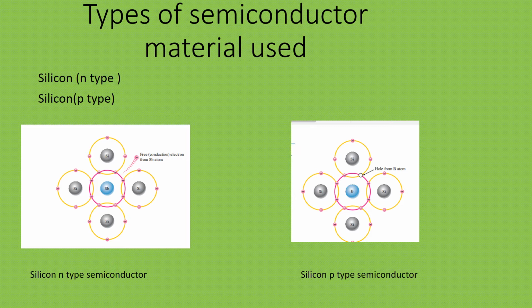Similarly in P-type also, this is the majority current carrier. Now stability is attained, this boron is sharing its holes with the silicon material, and in this way the stability of the outermost shell of the material is attained. When they combine they release some energy and a charge, and this flow of charge leads to a flow of current. In this case it is holes, and in the case of N-type it is electrons.